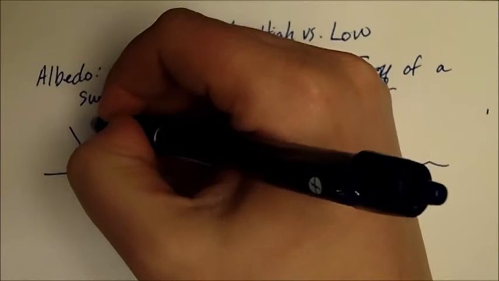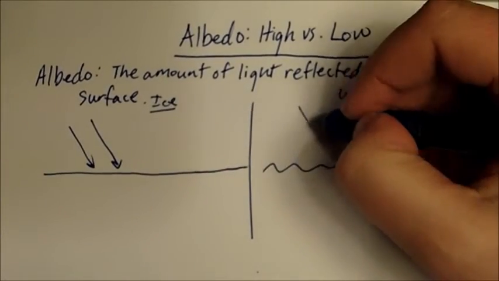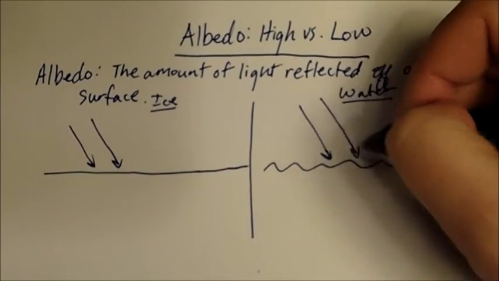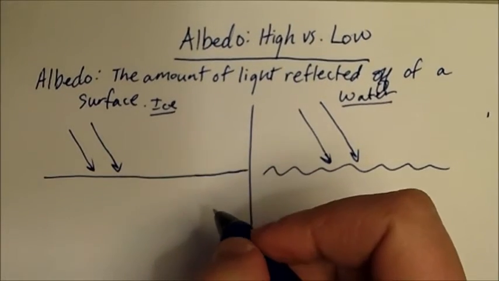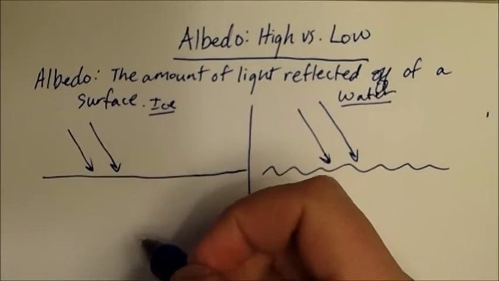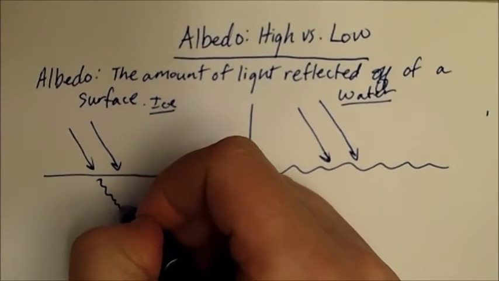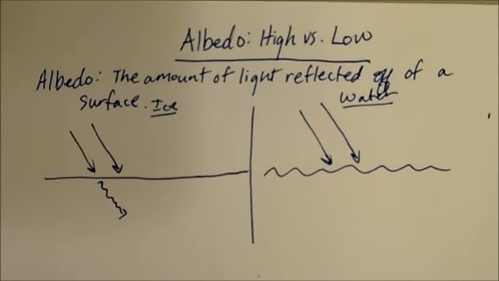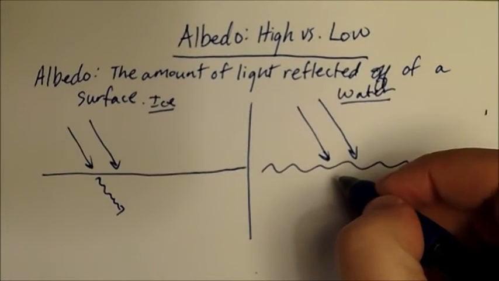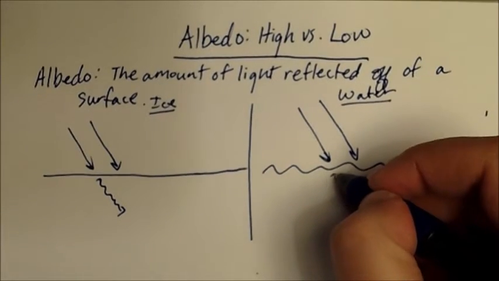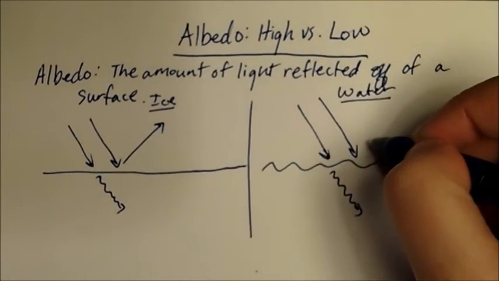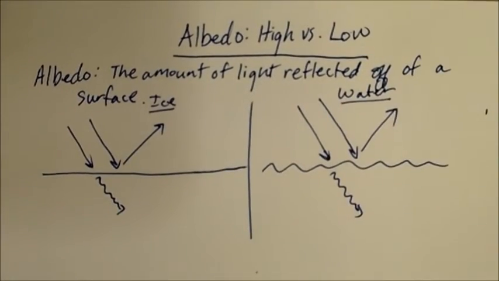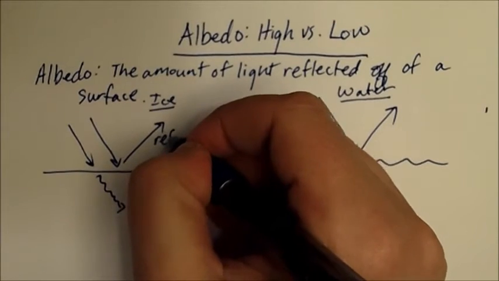Now what happens? We have light coming from the sun. This is going to be true no matter whether we're dealing with ice or water. We have light coming from the sun, and two things can happen to that light. One, it can be absorbed. Absorbed light is also called heat or infrared light. So that can happen on either side. It can also be reflected, and that also can happen on either side. So we've got reflected,